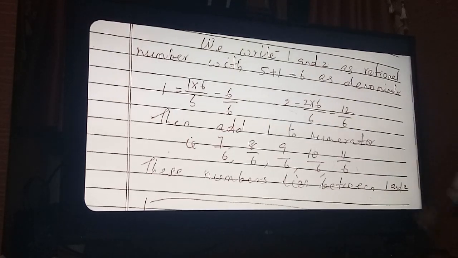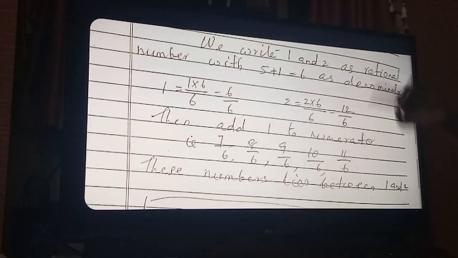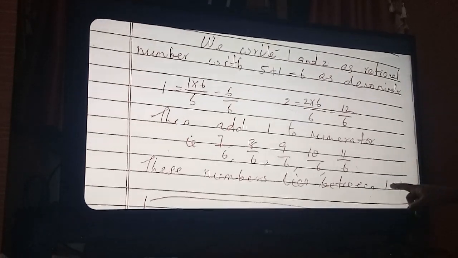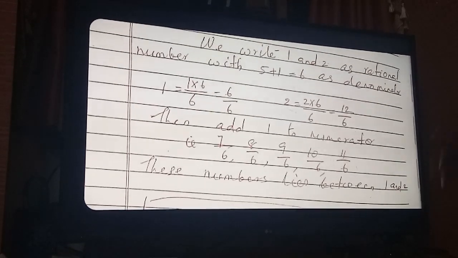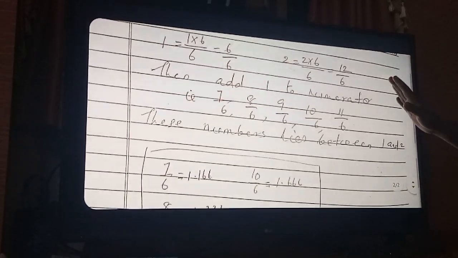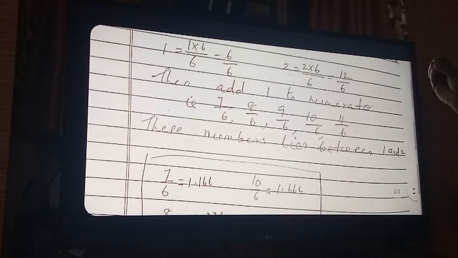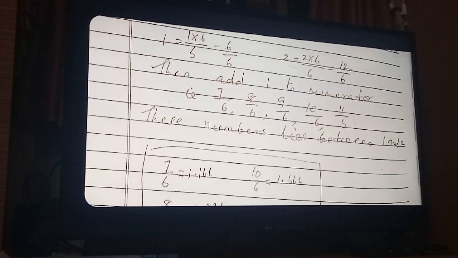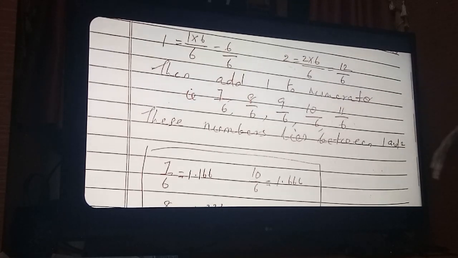Now you see here how many numbers I got. I got 5 numbers now. Find the decimal form of these 5 numbers and see. And these numbers surely lie between 1 and 2. So now you decide which method is easy. Second method is easy, no? Second method is very simple for understanding. So in the sums also you can apply the second method. So you yourself decide which method.